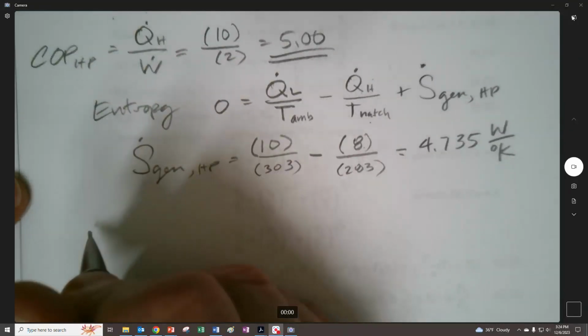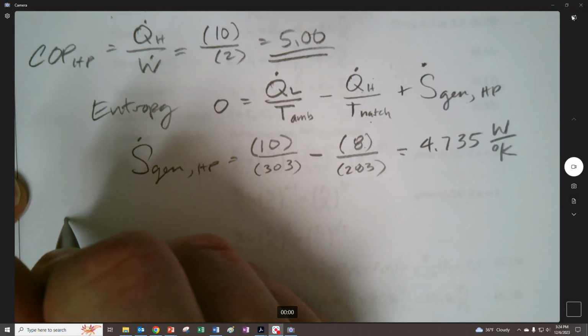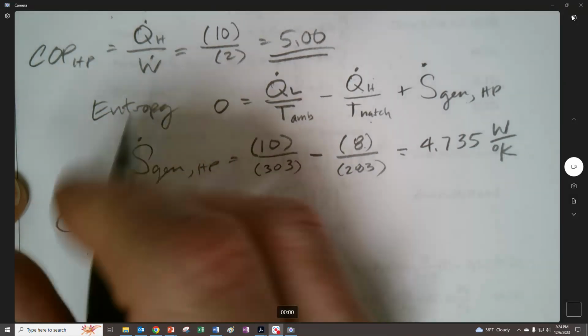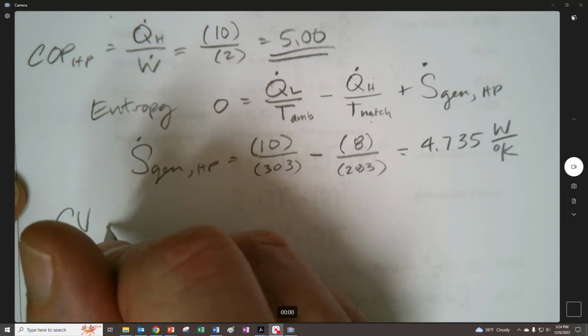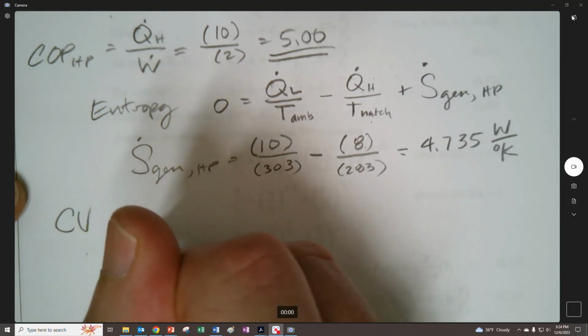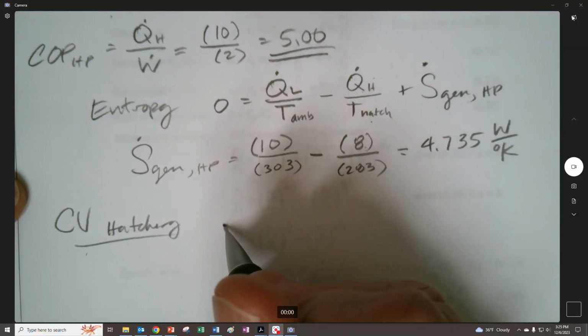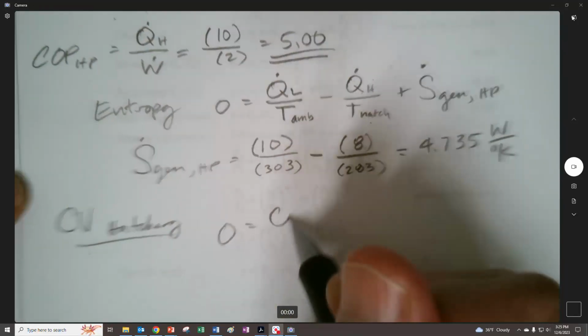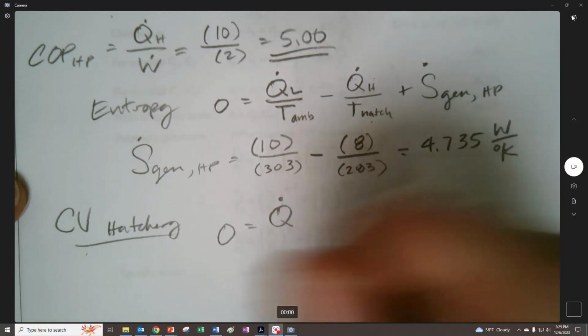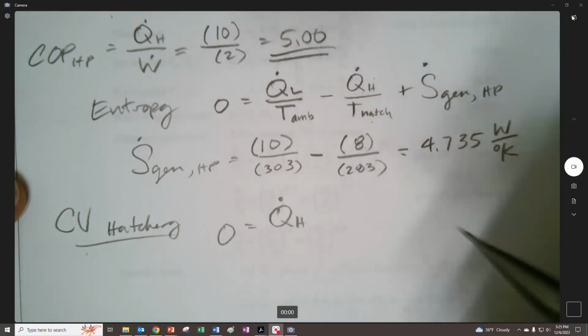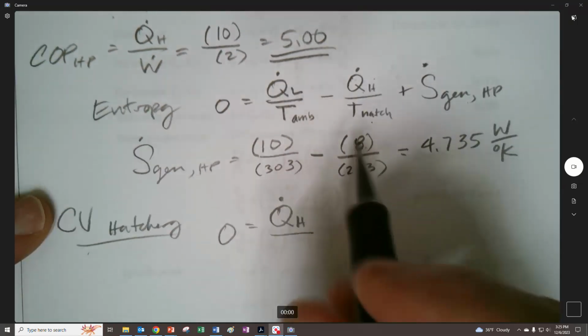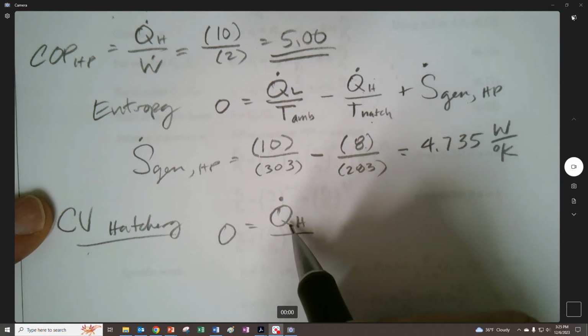So that's going to be the control volume for the hatchery. And that's equal to this. Now this is going to be the Q, and this will be the H, right? Because this is equal to the losses, and this is coming into the chicken coop,